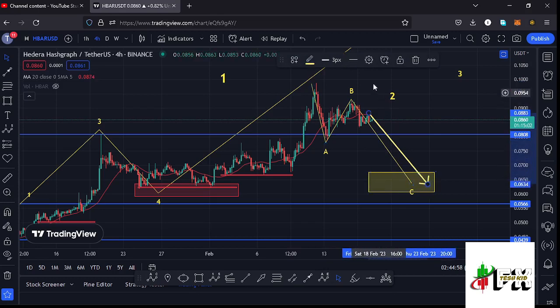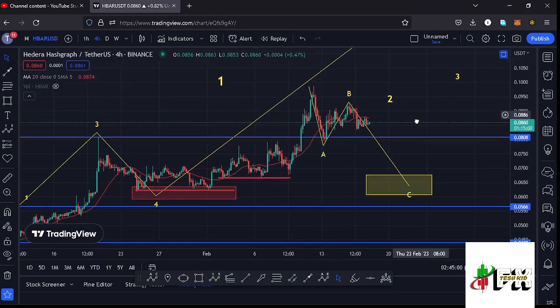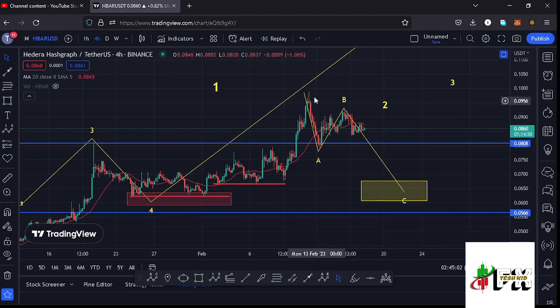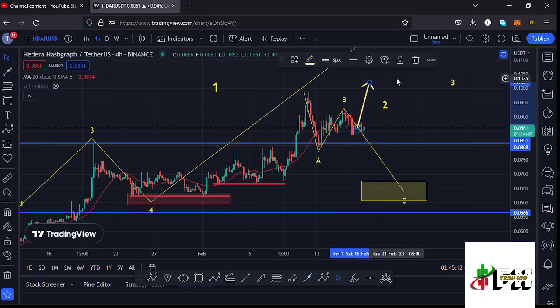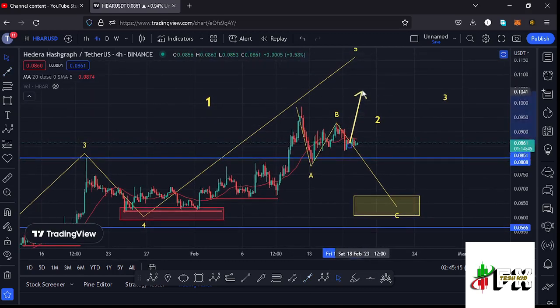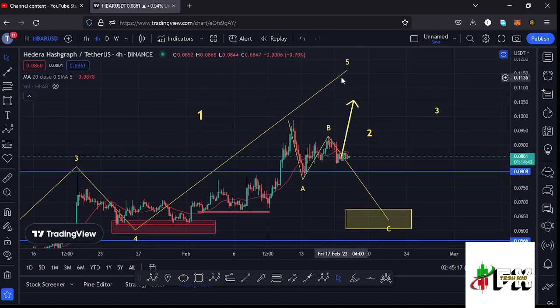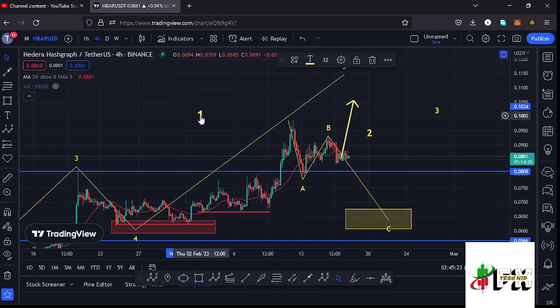But in case we see a break above the 20-day MA, continue pushing even higher, and also get a high that is above the high for this wave 1 at around the $0.0993 mark, and continue pushing even higher, then I'll have to change scenarios to a move that could be giving us one more new high in the formation of that wave 5, and also term the new high as the high for that larger Elliott wave count 1 to the upside.